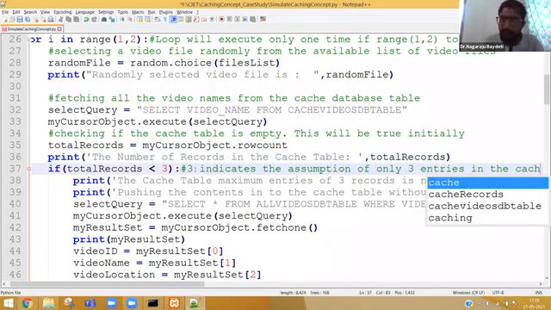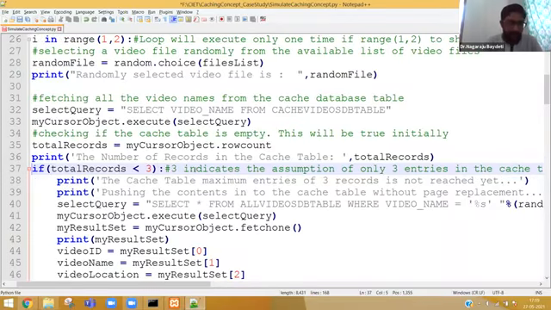Actually, a table can store more. It's just a table, but we are trying to implement a caching technique. So I am restricting it as 3. Why only 3? Just for explaining purpose. If the number of videos are 1000, you can also take 300 as the size of the cache. If the number of videos are increasing, you can also have a different cache. Because there are only 12 videos, to meaningfully explain, I have taken the total records of the cache as 3.